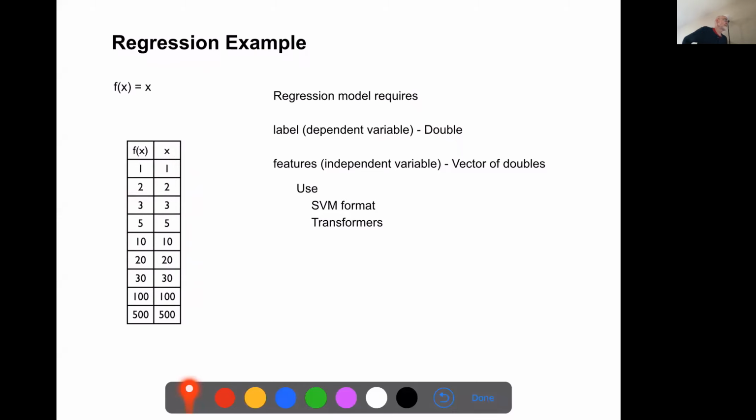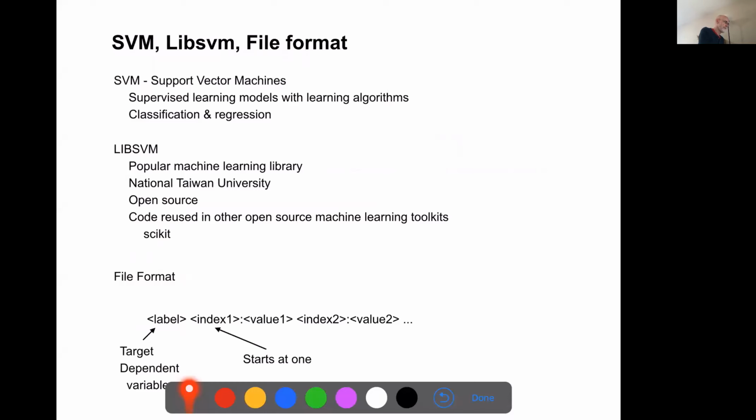Is everyone seeing my PowerPoint slide? Now, the one complication is that if we're doing machine learning models on Spark, they assume the SVM file format, which is slightly different.